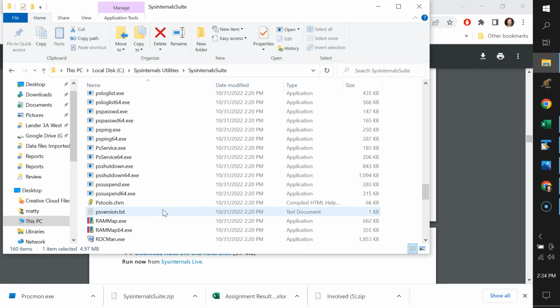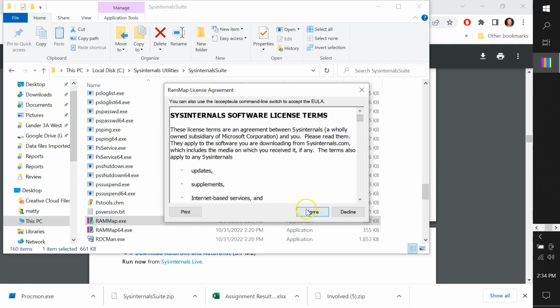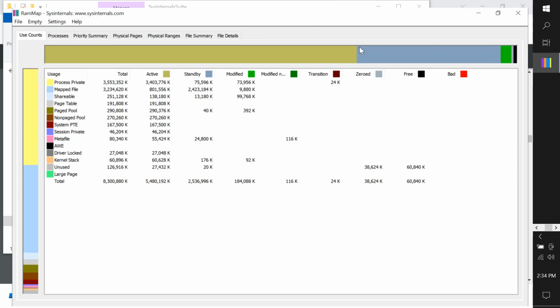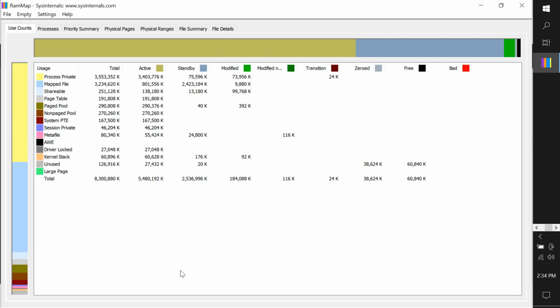So if I come back here and start looking a little bit more, I can just randomly click on some things. I don't even know what this thing is. RAM map. But now I do, because it's running and there's the details of theoretically my RAM on this computer. And I have 4 gigs, I think. And nope, looks like I have 8 gigs. It doesn't really matter, but these are the sorts of things it's telling me: that I have 5.4 gigabytes or